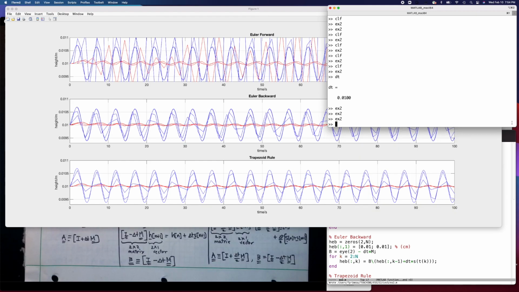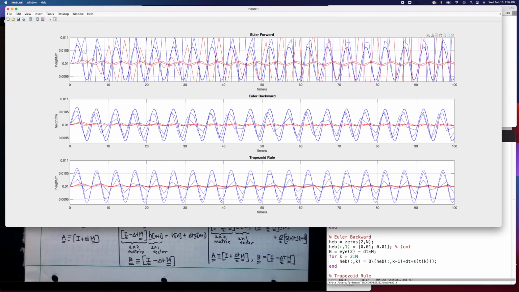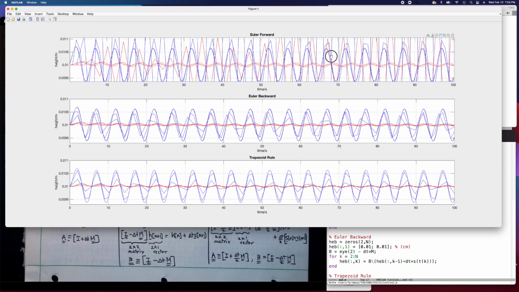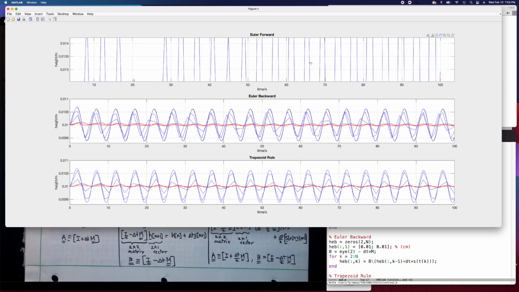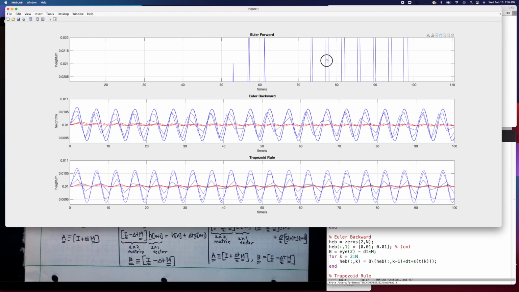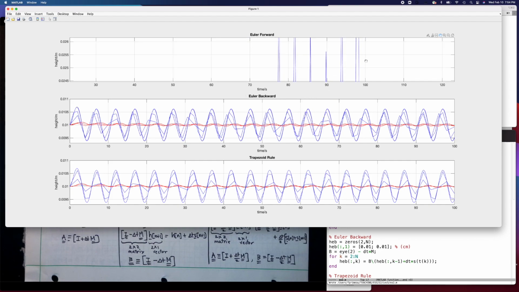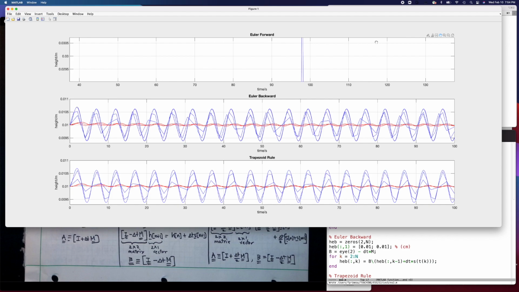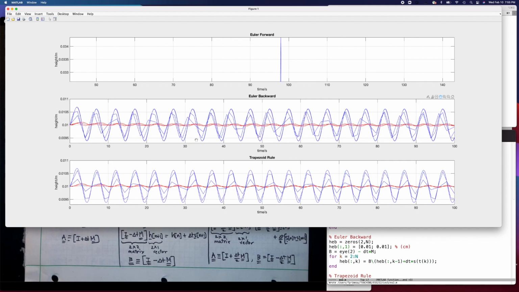Example 2. And now something crazy has happened over here. This one seems to be going right off the graph, right? I don't know if I can grab the hand to show you what happens to the solution. You have these giant peaks where things shoot off, especially here at the far end. Right, it's all the way up to 0.034, this one. So the Euler forward scheme shoots off and becomes unstable, whereas the Euler backwards may not be very accurate,